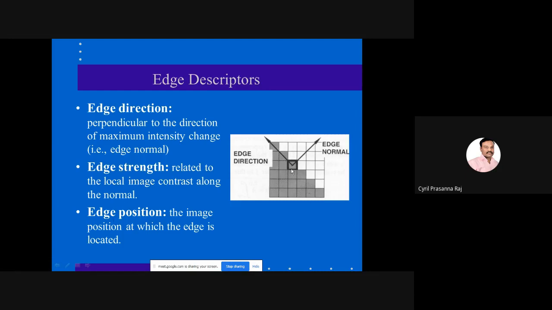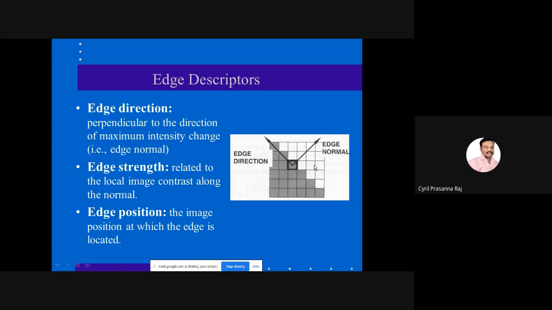Now if you take this picture, what you see on the right hand side, each of the pixels, whatever you see as a square box, each of them is representing a shade. So the square box here is basically white in color. The square box on the left hand side is basically gray in color. Because of the change in the intensity, you're able to see that a diagonal edge is present there. Now this diagonal edge, whatever you are able to see, we call this the direction.